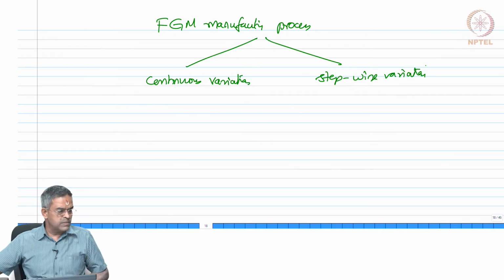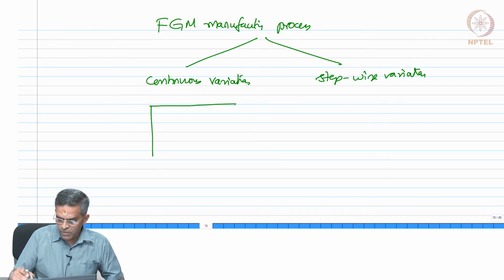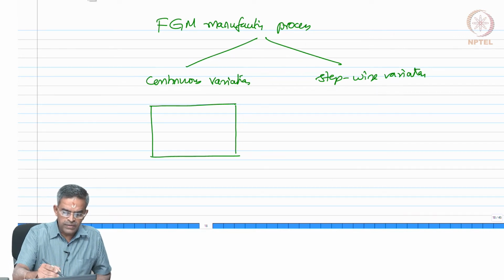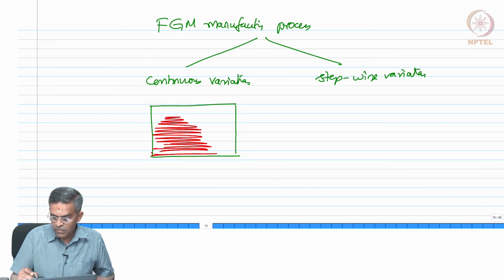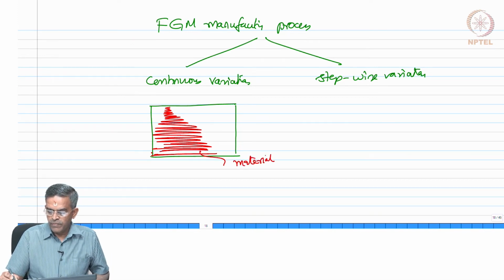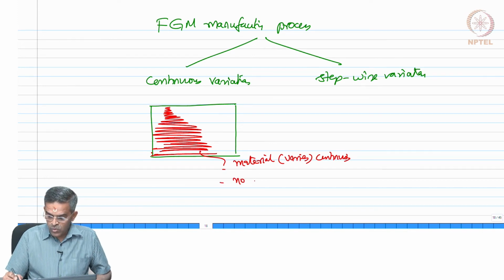What is a continuous variation? I look at a material, this is my material boundary. The materials are varied continuously and there are no distinct boundaries. So, the material varies continuously. No distinct